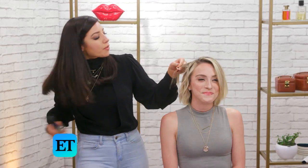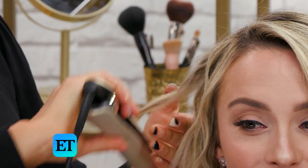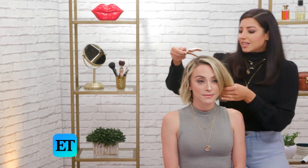Everyone I work with, people always ask, like, how does their hair always look so shiny? Or like, how can they switch from color to color? Because they do everything right. Like, they use great shampoos and conditioners. They use great hot tools. When they're not working, they're using hair masks. Like, they literally put in the time and the effort that we all wish we could. You notice I didn't spray a heat protectant, and I'm